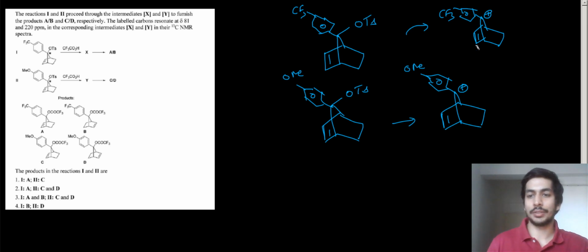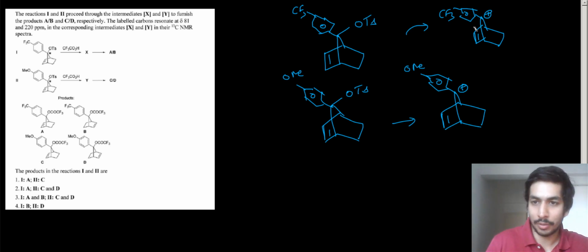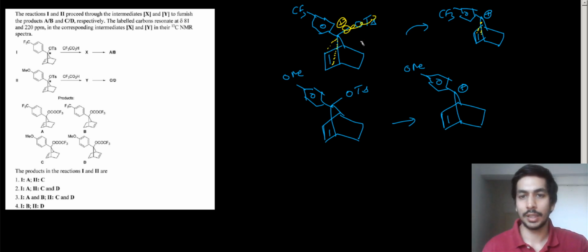So what is going to happen in this particular case is that this positive charge will be destabilized by this CF3 group, right? So this will form a non-classical carbocation, where this double bond participates and stabilizes the positive charge. Once the carbocation is formed over here, this basically forms a pentavalent carbon. That is why it is called a non-classical carbocation, and it gets stabilized due to the NGP effect.